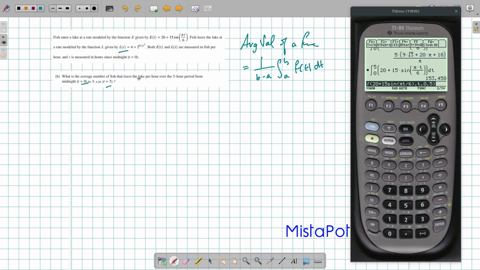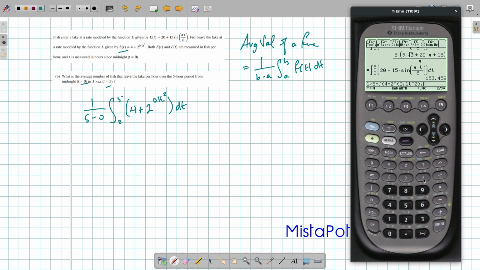So the average number of fish that leave is going to equal 1 over 5 minus 0 times the integral from 0 to 5 of L of t, this 4 plus 2 to the 0.1 t squared power, with respect to t. So this is what I need to integrate: 1 over 5 times the integral of 4 plus 2 raised to the 0.1 t squared